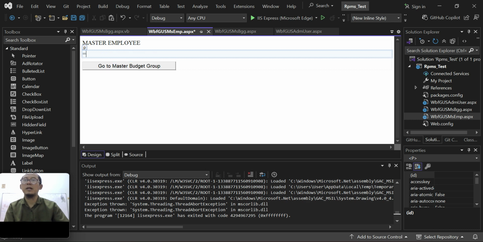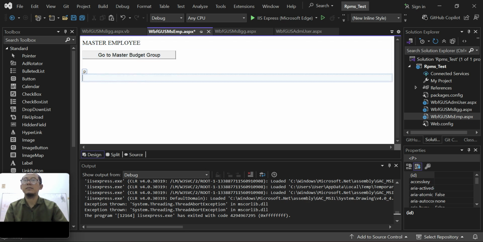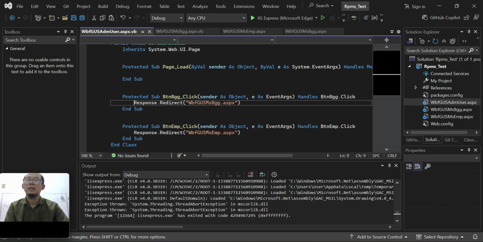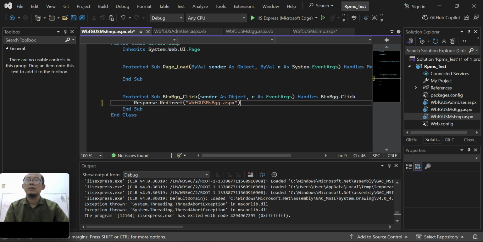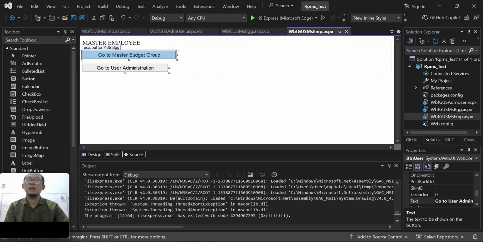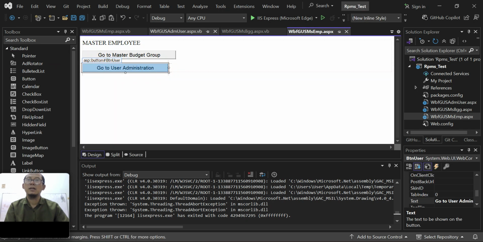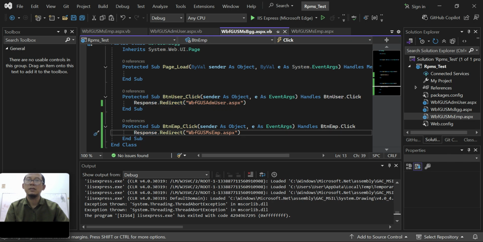Go to master budget, go to user administration. Let's copy. Now user administration.